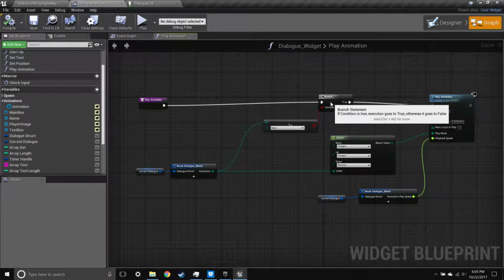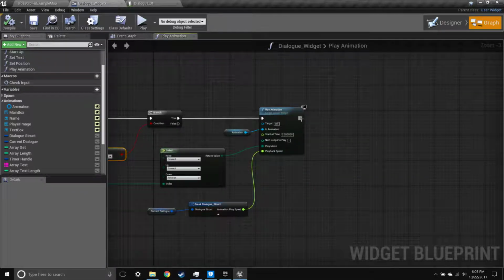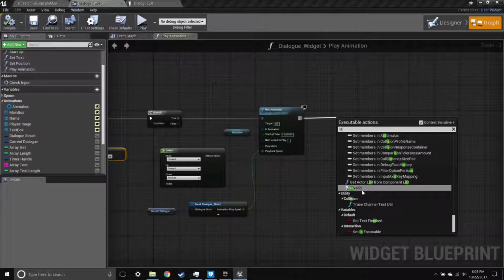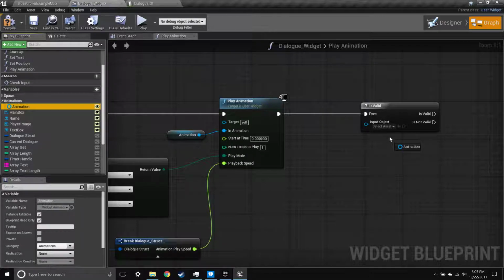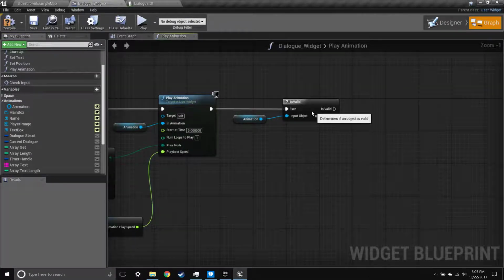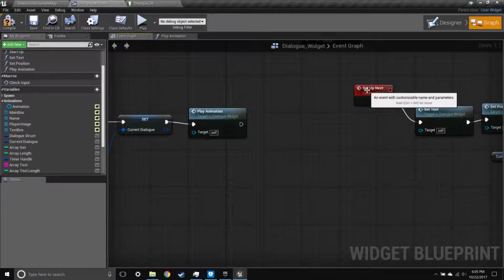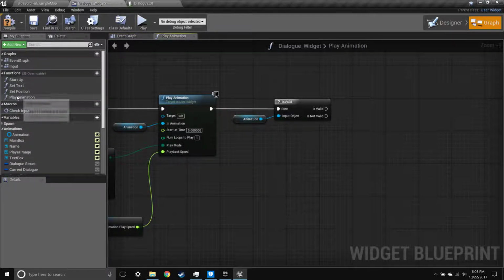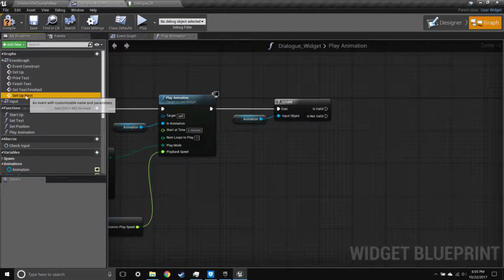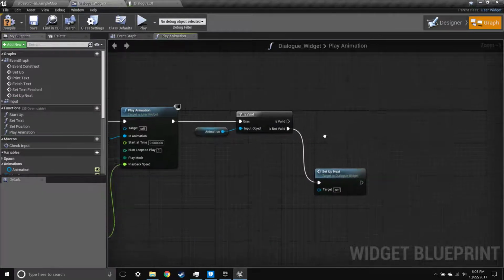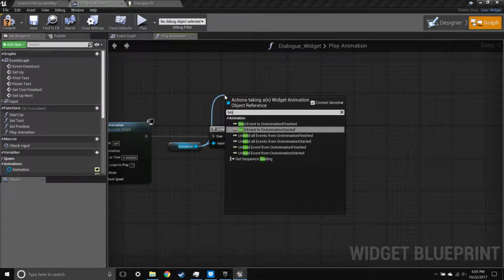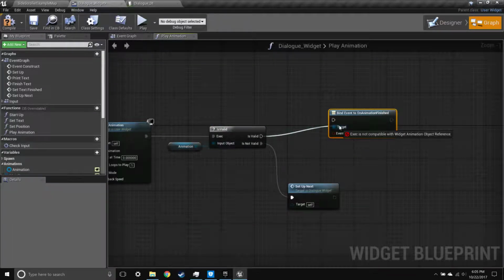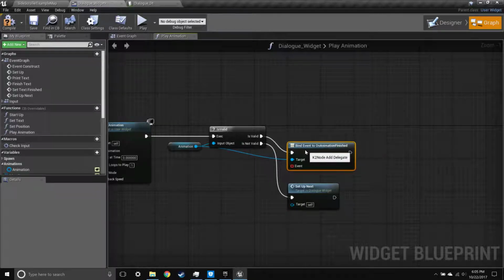What we're going to do is we're going to have a pull off and is valid, because we want to make sure this animation is valid. It's being played. And if it's not, then we're going to call setup next. So from up here, because I'm lazy and don't feel like retyping it, if it's not valid, just go ahead and recall it. But if it is valid, what we're going to do is a bind on animation finished. And when it's finished,